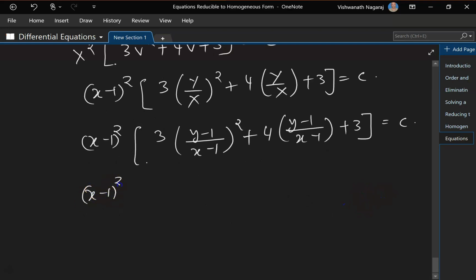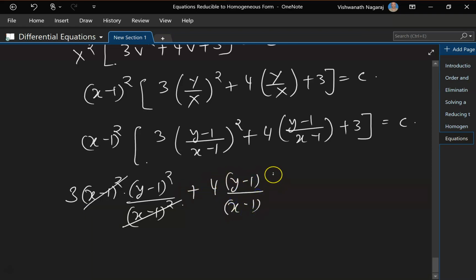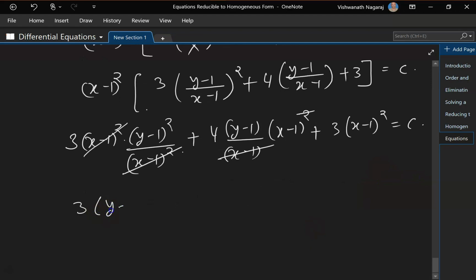Okay, x minus 1 square times 3 times y minus 1 square by x minus 1 square, so these two get cancelled, plus 4 times y minus 1 by x minus 1 times x minus 1 square, so one of these gets cancelled, plus 3 times x minus 1 square equal to c. So 3 times y minus 1 square plus 4 times x minus 1 times y minus 1 plus 3 times x minus 1 square